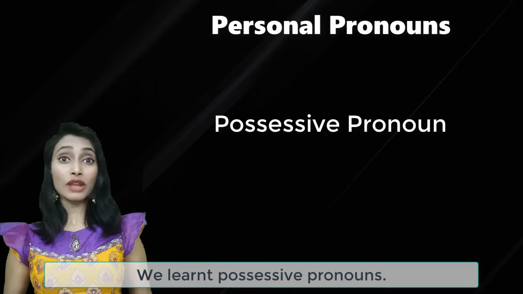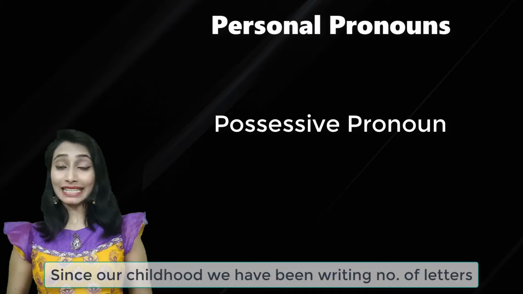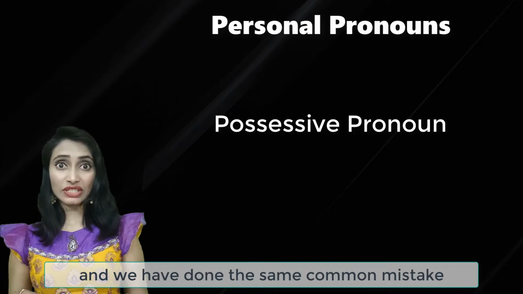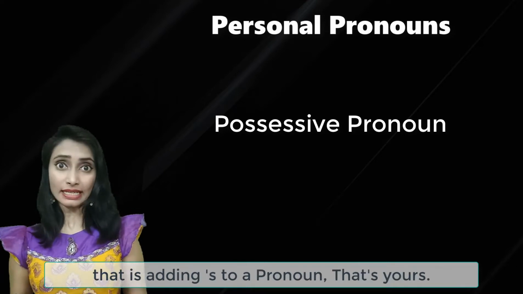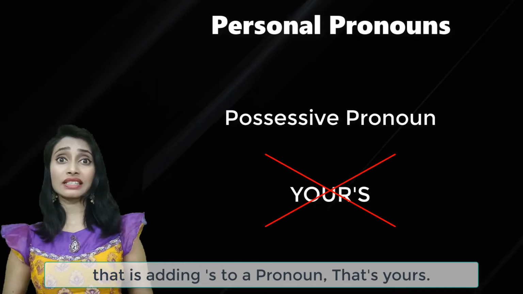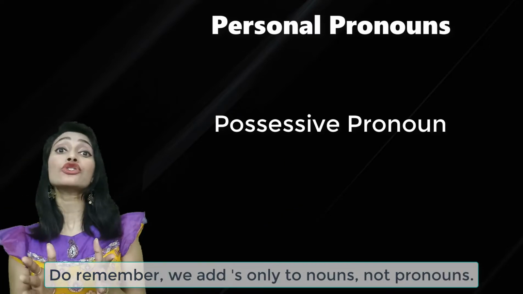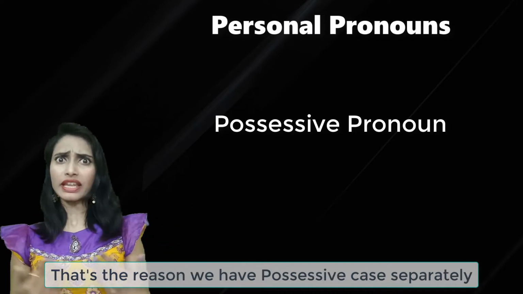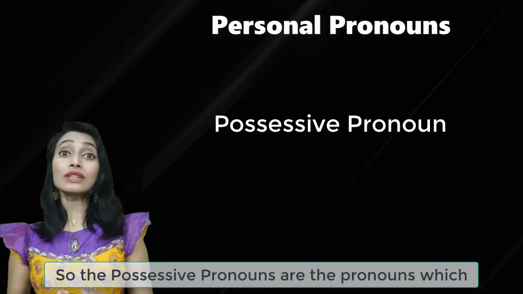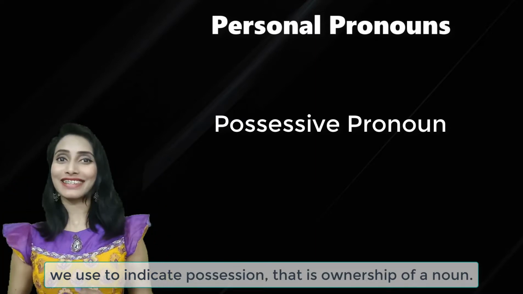We learned possessive nouns. How do we show possession to nouns? By adding apostrophe s. Since our childhood, we have been writing a number of letters and we have made the same common mistake, that is adding apostrophe s to a pronoun, that is, yours. Do remember, we add apostrophe s only to nouns, not pronouns. That's the reason we have possessive case separately. We call them possessive pronouns. So the possessive pronouns are the pronouns which we use to indicate possession, that is ownership